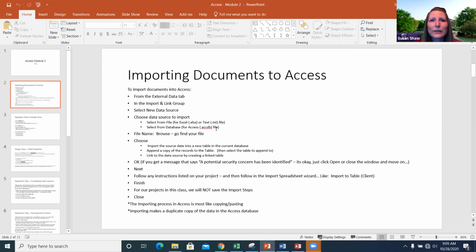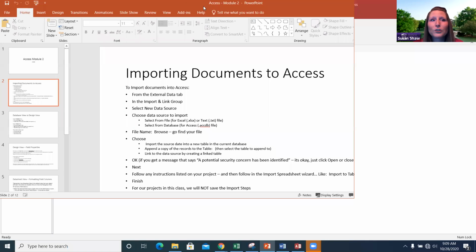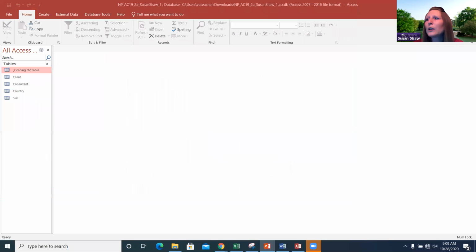So whenever you see one of those in the directions on your project, you'll know which data type we're importing into our database. I just wanted to point that out. Again, I have it in the directions here, and we will be doing all three. They will be the first three steps in your project when you're doing project A. Let's go ahead and walk through how to import each one of these into our